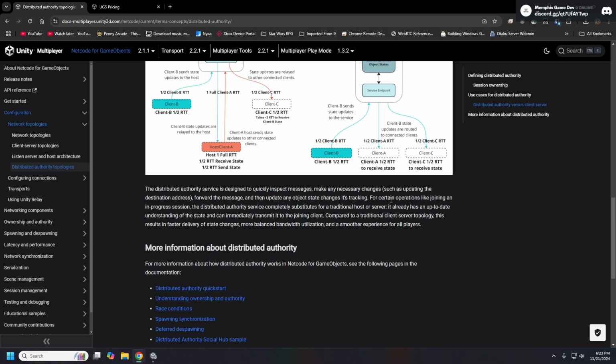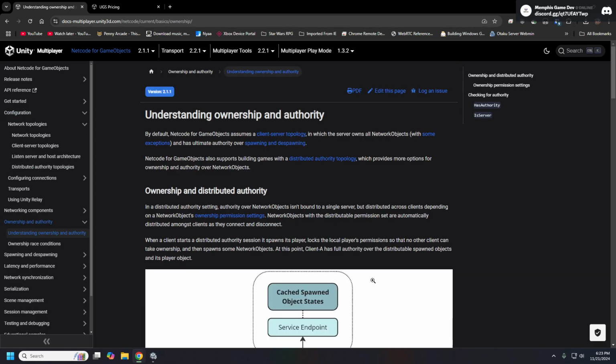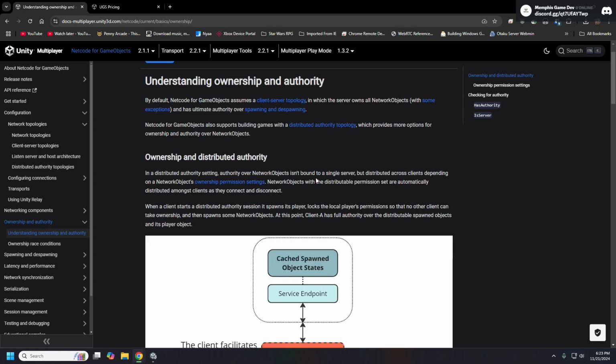So we've talked about ownership and authority and what that actually means. What has happened in Netcode 2.0 is that we now have permissions for ownership settings on network objects. We'll go through a little bit of that once we hop into Unity.